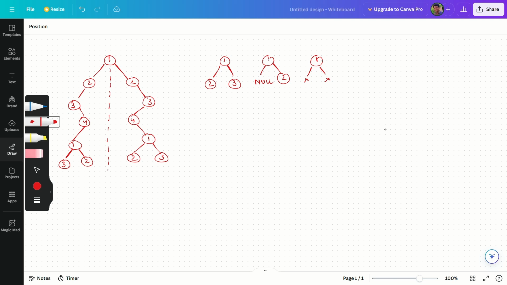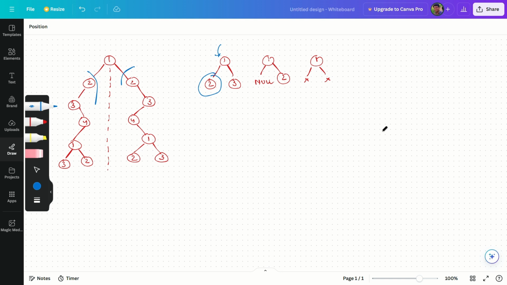So hello everyone, we are going to solve the Leetcode 101 problem, that is symmetric tree. So basically what the problem says is that we have to find whether the tree is symmetric or not. Here symmetric means that the left subtree and the right subtree should both be mirror images of each other. For example, considering this tree,